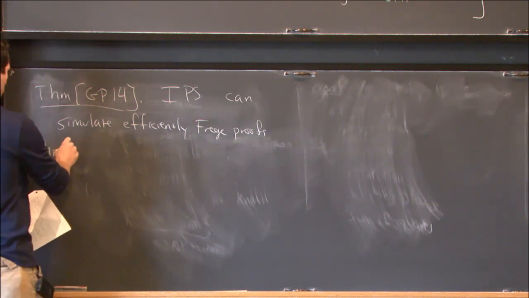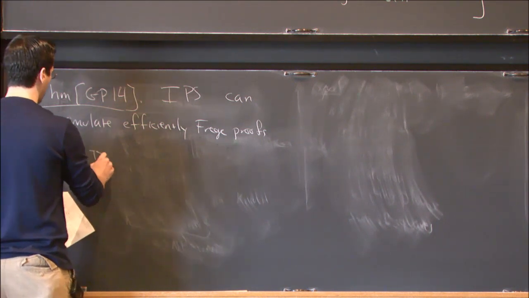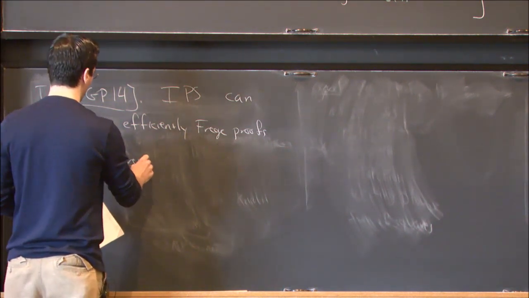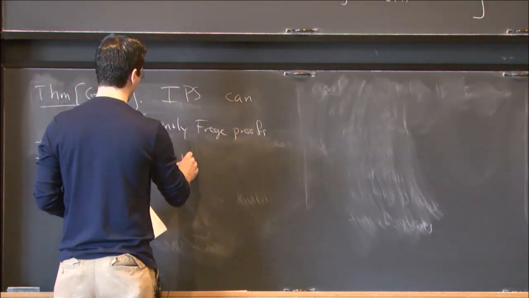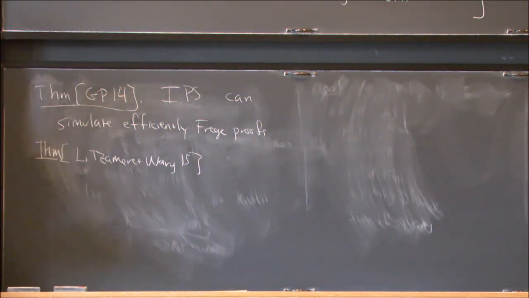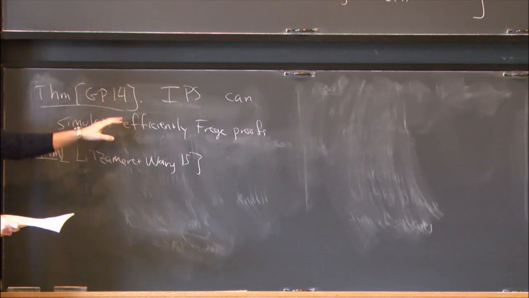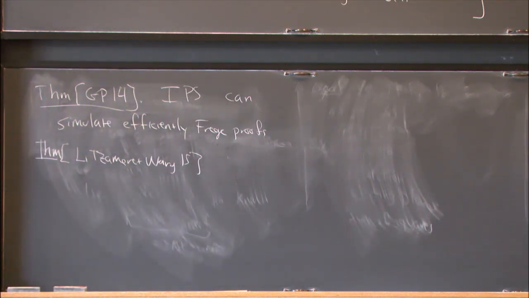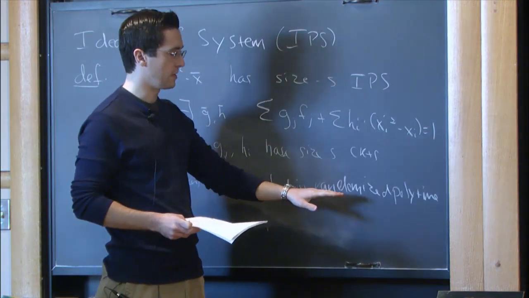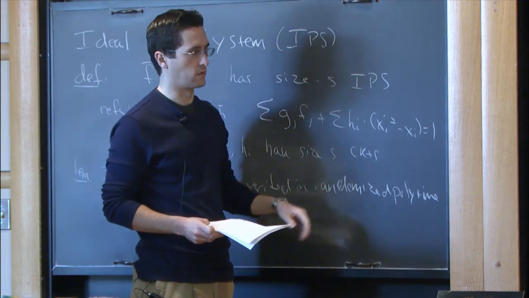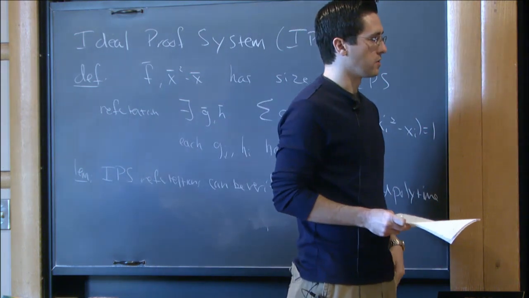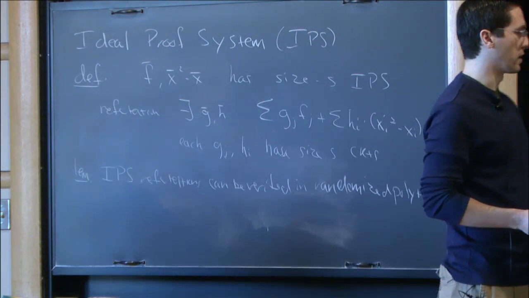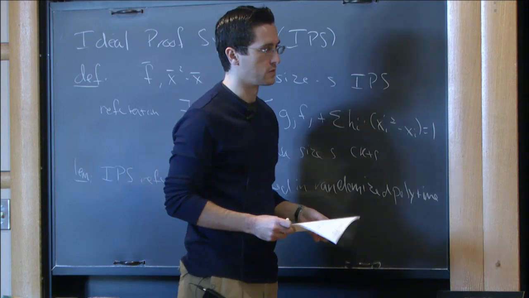Also, what's interesting is that there's a follow-up work by Li, Tzameret, and Wang in '15. What they were showing is that Grochow and Pitassi showed some sort of weak converse, but there was a big obstacle in the sense that Frege proofs, you can check in polynomial time whether they're a true, correct proof. But with IPS, all we know is a randomized algorithm for verification. And so you can't really have an equivalence because we don't know how to do this verification in deterministic polynomial